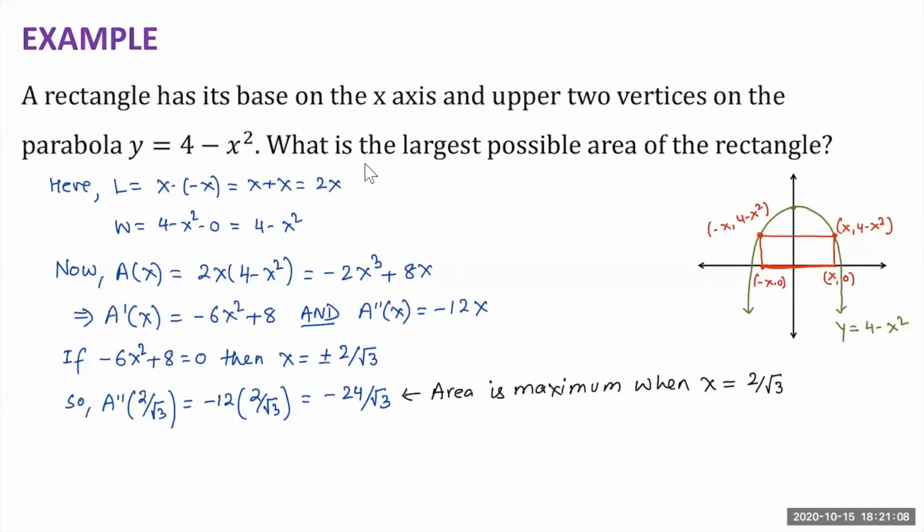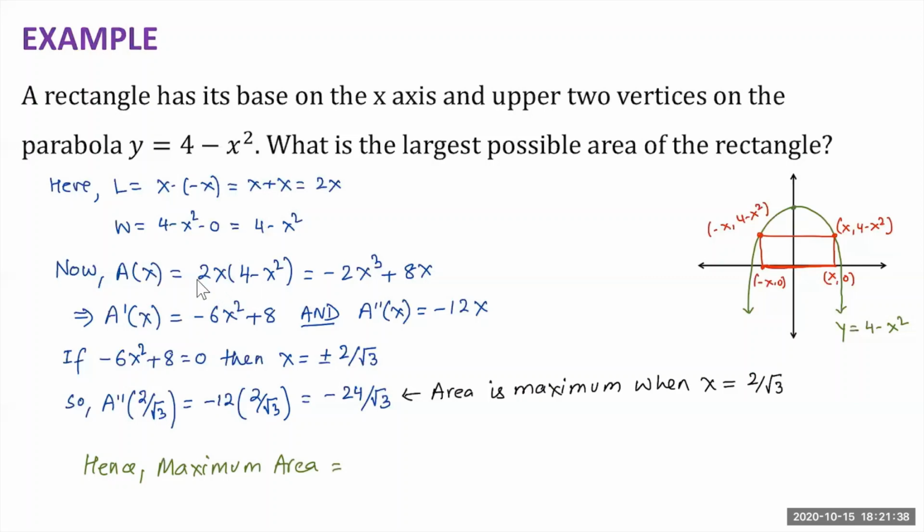But our question is, what is that largest possible area? So what is that maximum area? We need to find that maximum area. We already have the area function: area is equal to 2x times 4 minus x squared. So if we plug in here, we'll get the area. So we write, hence the maximum area is equal to